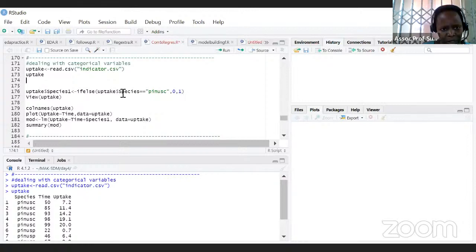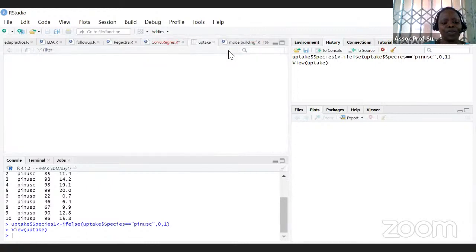So that is what this means: you give it the object name, species1 is equal to ifelse species is equal to Pinus C, then it is going to be 0, or else 1. Then let's view. So we run line 176